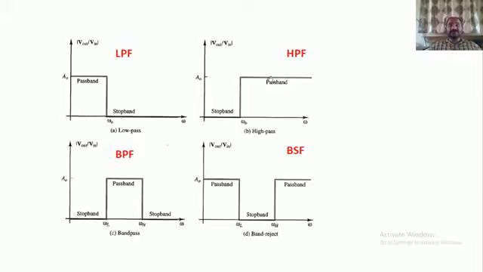In order to get a response like this for a band pass filter, you are supposed to make use of the high pass filter followed by the low pass filter. Means by using the first order low pass filter and first order high pass filter, we can get the band pass filter response. Or I can say that high pass and low pass filters are connected in such a way that they will give these characteristics.